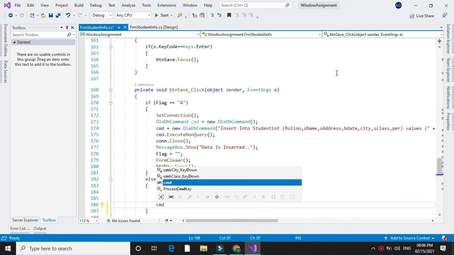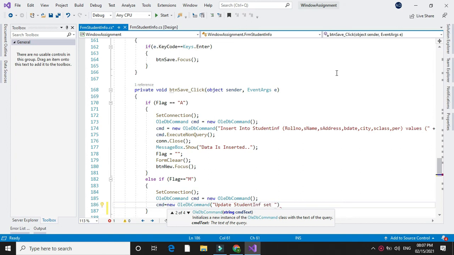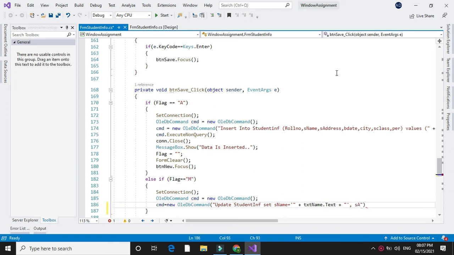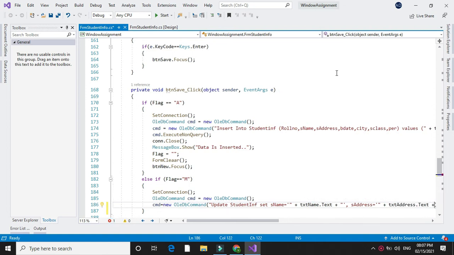So cmd equal to new OleDbCommand, "update student_information", that is the table name, "set s_name equal to", since it is a string, we will give first single quote then double quote plus txtName.Text plus double quote single quote, comma address, that is s_address equal to single quote double quote plus txtAddress.Text plus double quote single quote